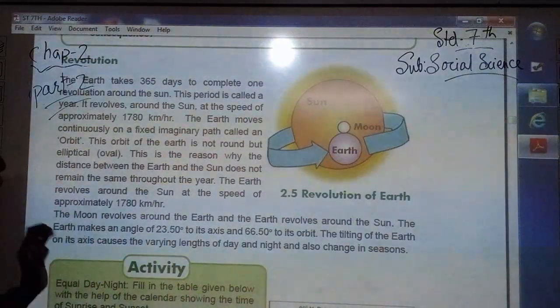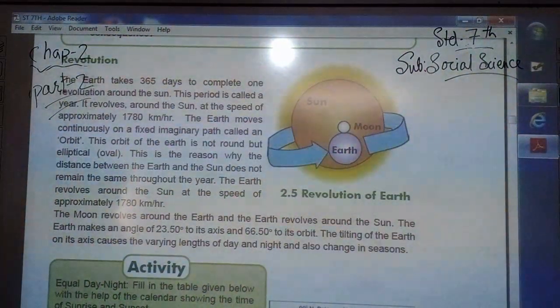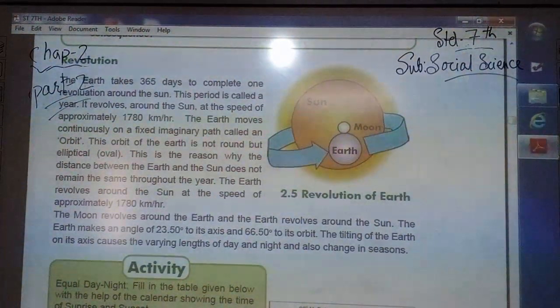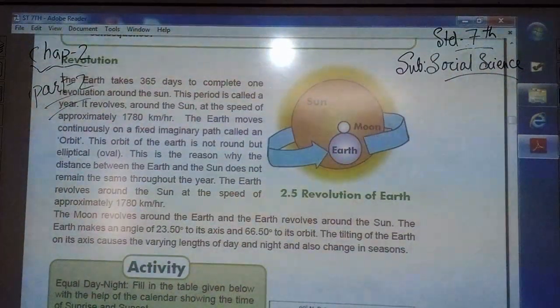Now, the earth moves continuously. Naturally, if the earth stops, then what will happen? Can anyone tell? Naturally, if the earth stops, then everything will be finished, or the whole human life or beings will be finished. Understood? Okay. Now, the earth moves continuously on a fixed imaginary path, that is